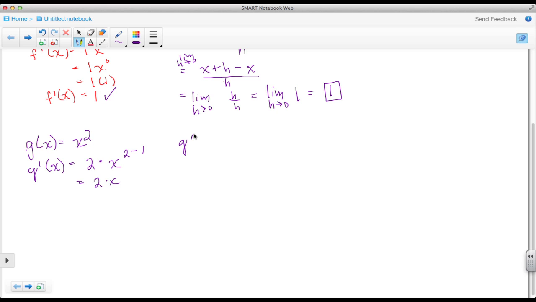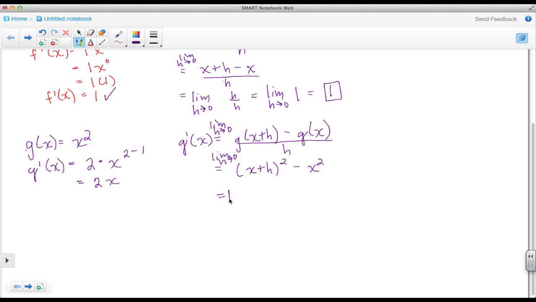And again, I'm going to look at this using the difference quotient. Here, let's say g of x plus h minus g of x, where all of that is divided by h. I'm going to input x plus h everywhere I see an x in my original function. So this turns into x plus h squared minus the original function, which is x squared. And again, I keep forgetting to leave this off: that's the limit as h approaches 0, and all that's divided by h.